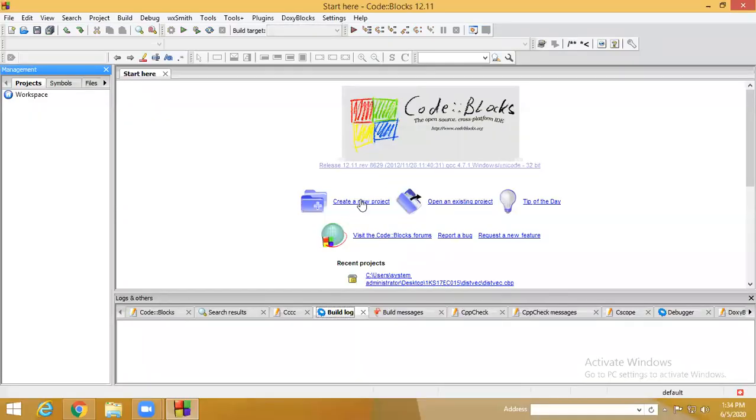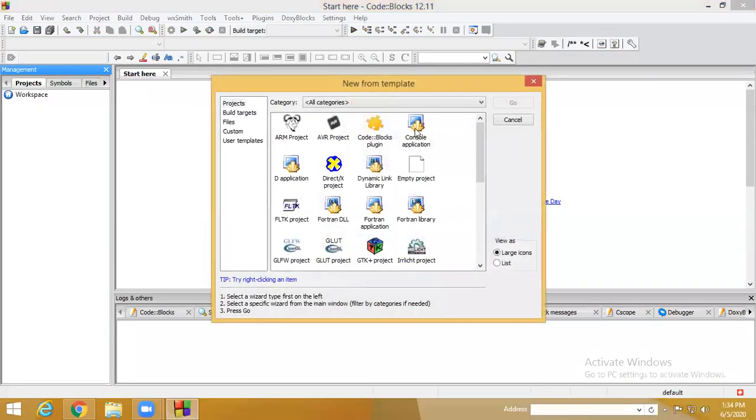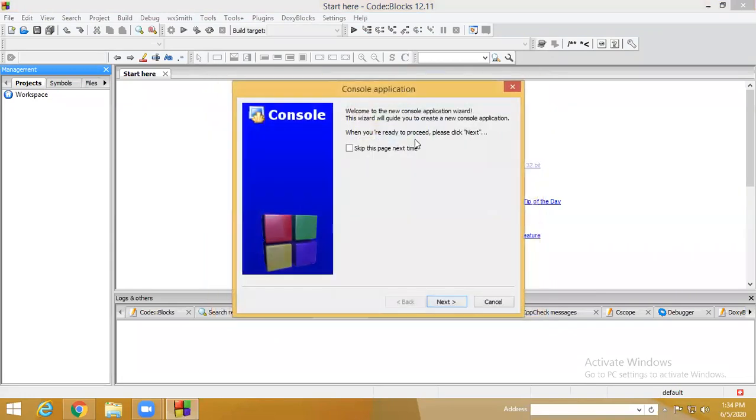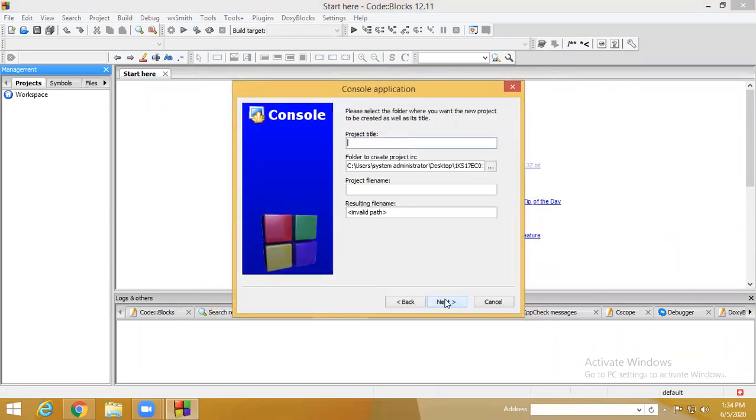You have to click on create a new project, and next click on console application, select C program, go to next, and you have to give some project title. So I will give vector 1.